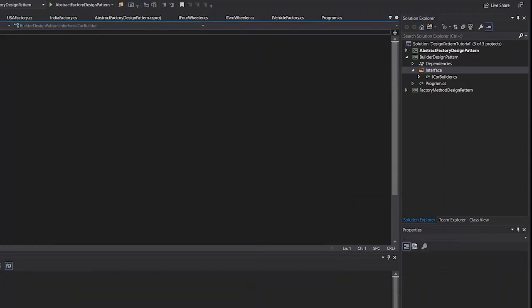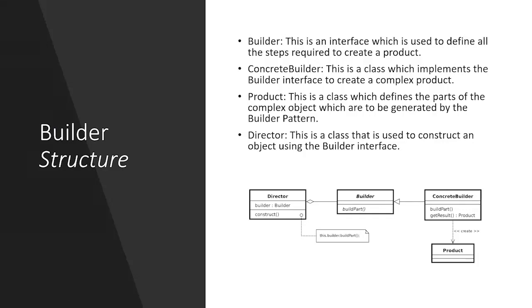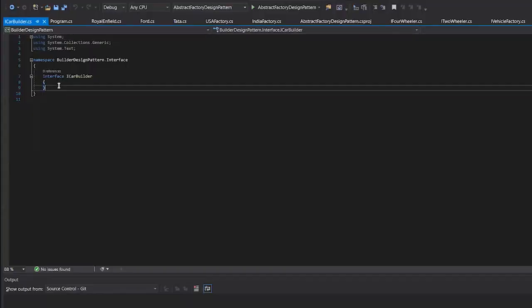So this will be our interface. This will be telling us what we need here. What would be the steps here, right? As I mentioned in our list, the builder will be containing the steps of building our final product. So let's mention our steps for car builder, for example, what would be the model of the car, what would be the doors, colors.